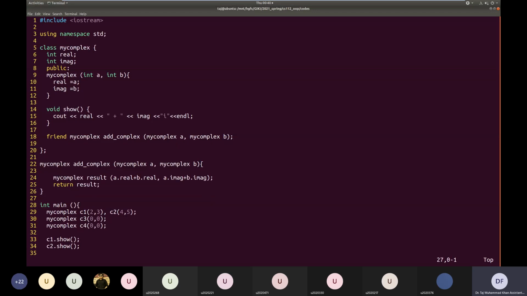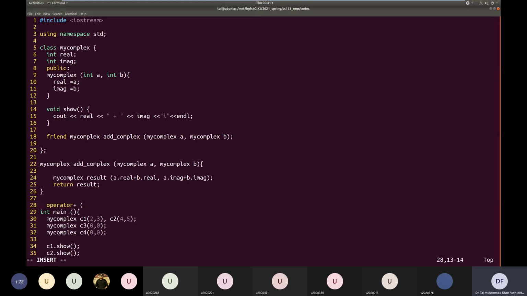It's called operator and then plus. And then we can say that this operator plus will expect two arguments of type my complex A and my complex B. Okay, so there you go.